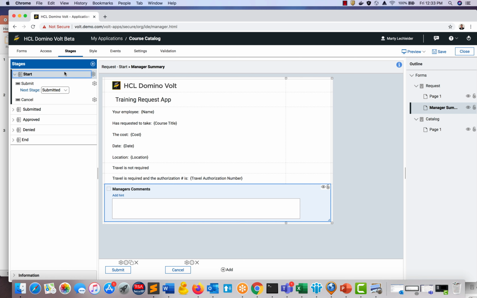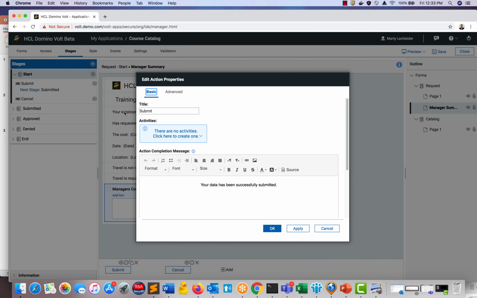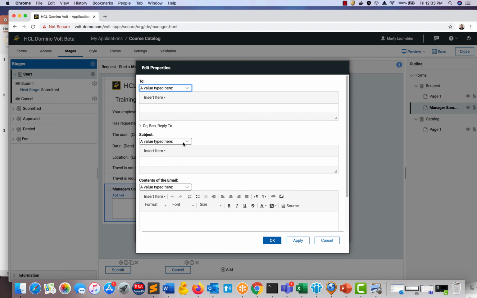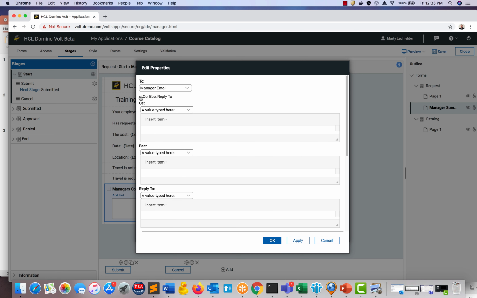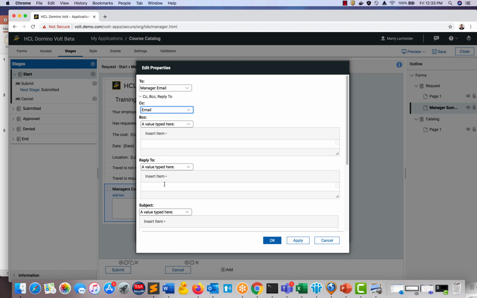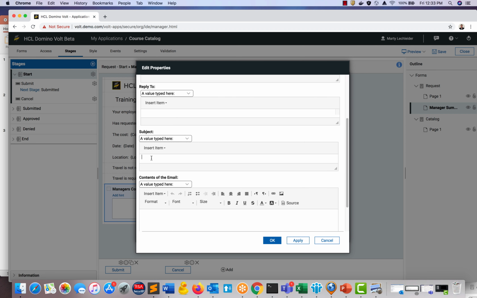Under Start, go to Notifications. To do that, click the Properties for the Submit button, and then click Activities, Send an Email. So what this means is that when the initiator submits the form, it's going to send an email. And the to value is going to be the manager's email address. And then we can carbon copy the employee, put in a subject,